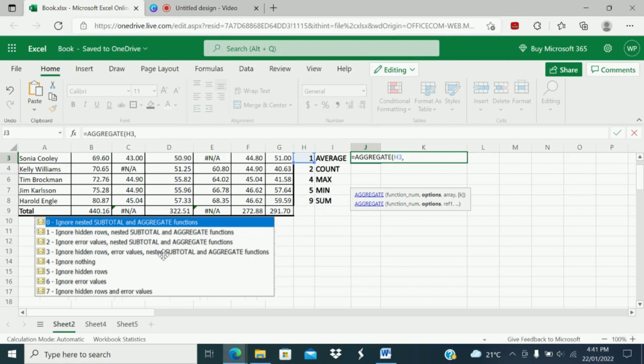So if you see 0, 1, 2, 3, which is combining each, first it is talking about subtotal, then subtotal and hidden rows, then again error values, nested subtotal, and again hidden rows, error values and subtotal. And the fourth one, ignore nothing. Fifth, ignore hidden rows. Sixth, ignore error values. And 7, ignore hidden rows and error values. In most of the cases, we are using aggregate function either to ignore nothing or ignore hidden rows and ignore